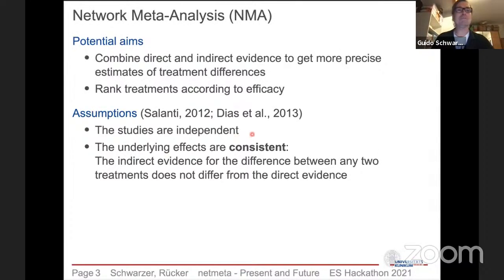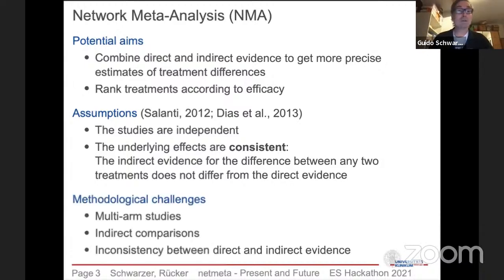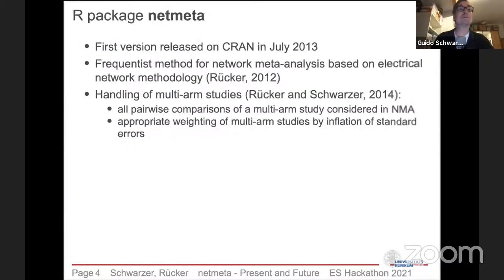The assumptions that we have here are, first, that studies are independent. And the second assumption is that the underlying effects that we are interested to estimate are consistent. This means that for any difference of 2 treatments, we assume that the direct and indirect evidence do not differ. So the challenges that we have here are multi-arm studies, indirect comparisons, and the potential problem of inconsistency between direct and indirect evidence. And our package netmeta is one possibility to